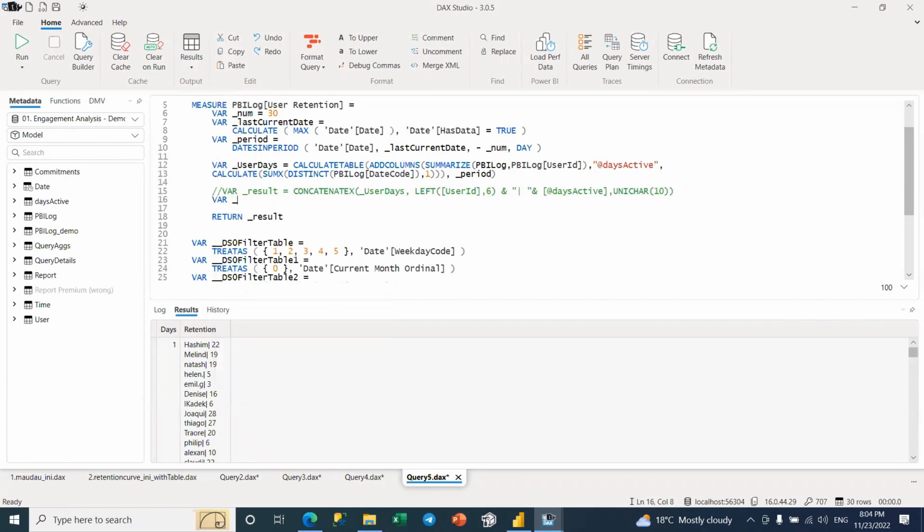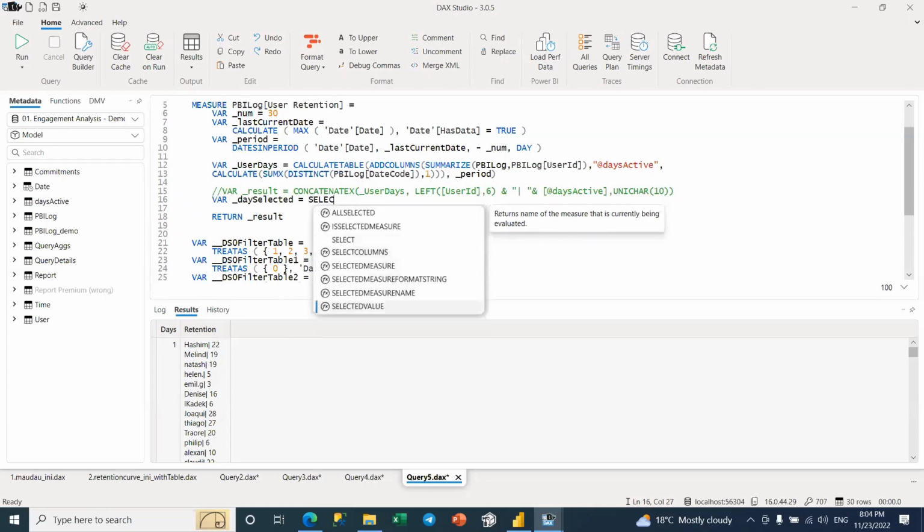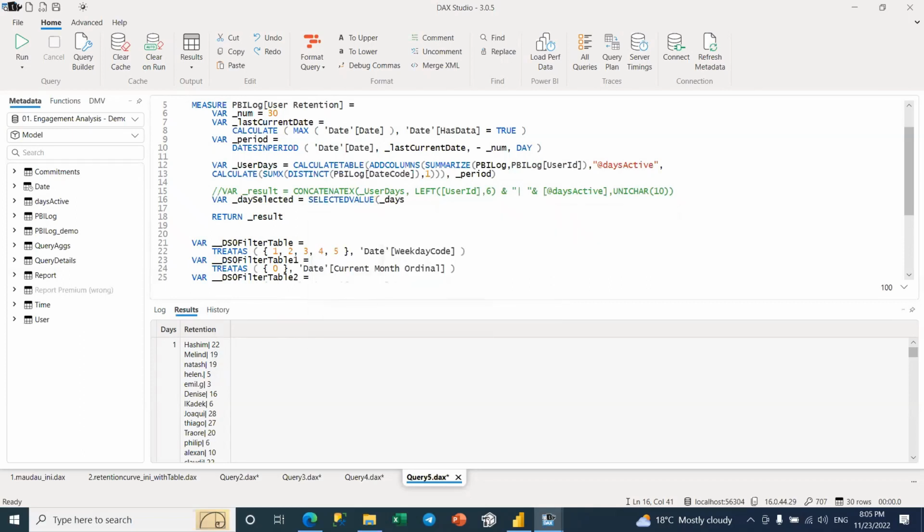Now we're going to do VAR result, and first of all, we need to know where we are in the axis. So selected equals to selected value of our dimension, which is our x-axis, days active, days. Okay, so we know now where we are in this column.